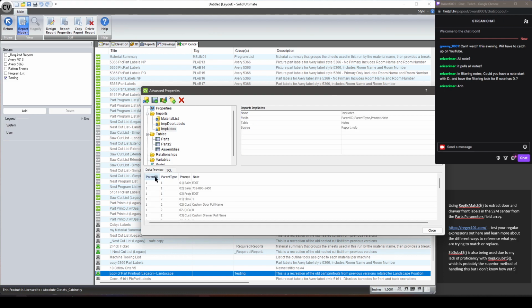I can look at parent ID, parent type. That's right. Okay, so the only way that I can even get us to the point where I can show you why this is challenging is to join the note to the room and the cabinet and everything there. But what ends up happening is your note ends up placing the note on the wrong part, is what I ran into last time I tried to do this, because